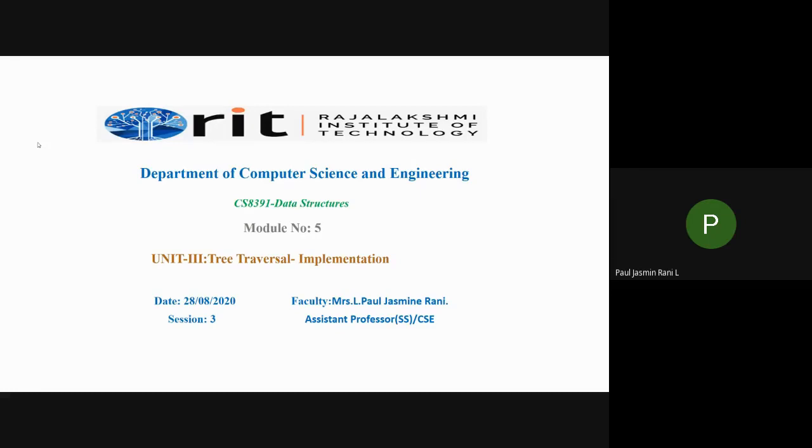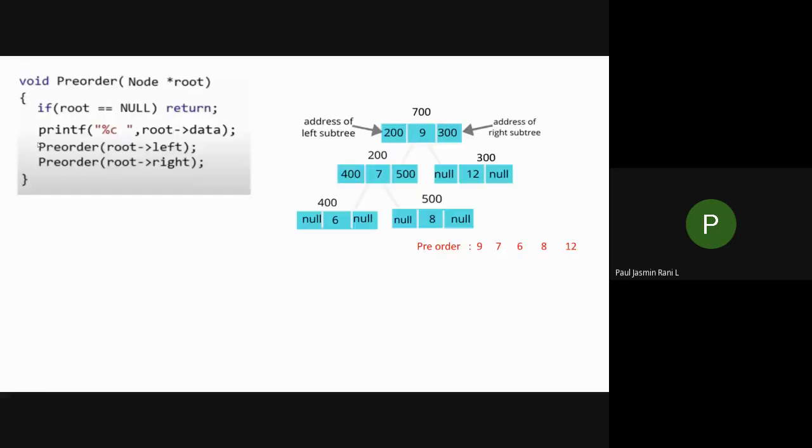Suppose you have a tree, let us assume that we already constructed a binary tree, and we are going to do a traversal. If you want to perform a traversal, how are we going to do the implementation part? That we are going to discuss in today's session. First let me explain pre-order, post-order, then we go for in-order, because pre-order traversal